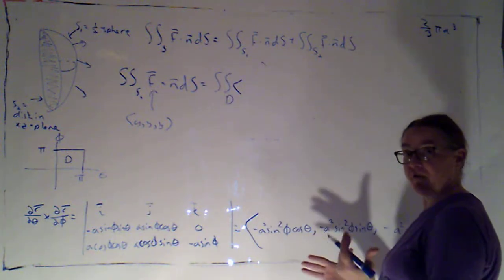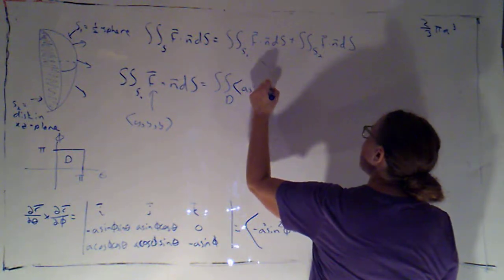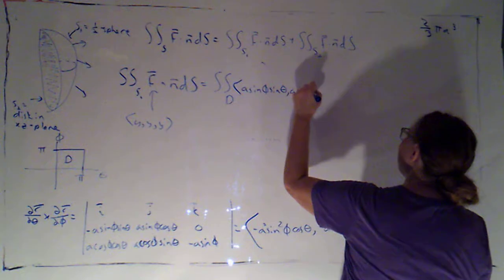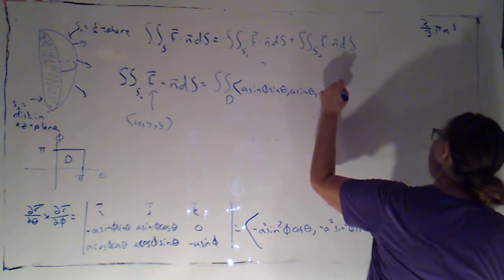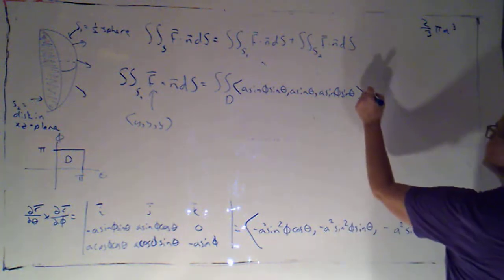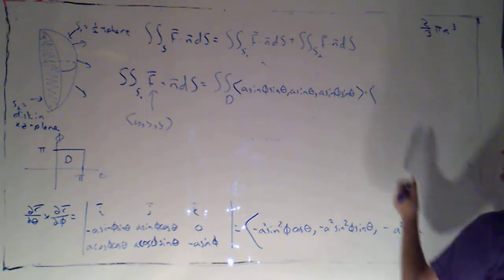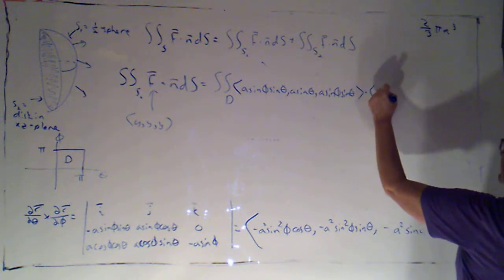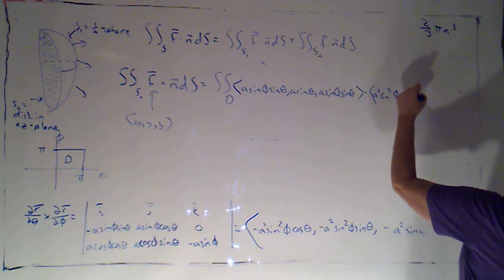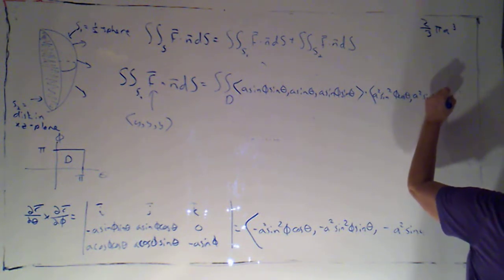Y, by virtue of our parameterization, remember, was a sine phi sine theta. So I'm getting a sine phi sine theta, three copies of that, dotted with the opposite of this vector, which would just be a squared sine squared phi cosine theta, a squared sine squared phi sine theta,